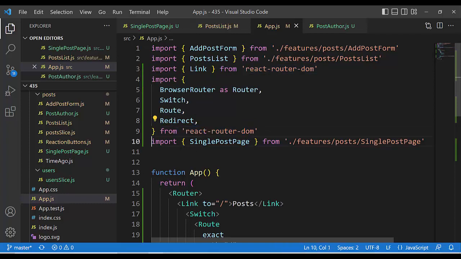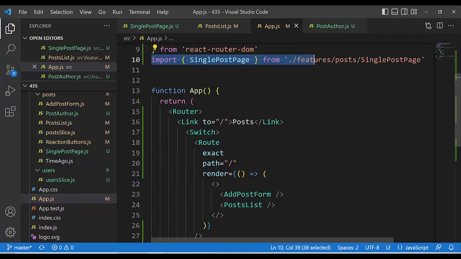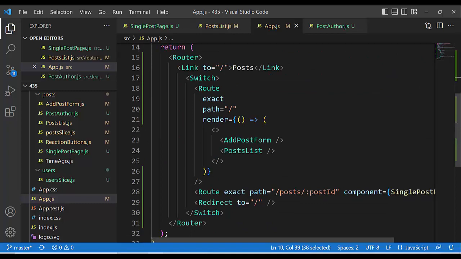And of course, import SinglePostPage, because route exact path equals, here it is, posts, we create it, slash, after the domain, posts slash colon postId. Here it is postId,